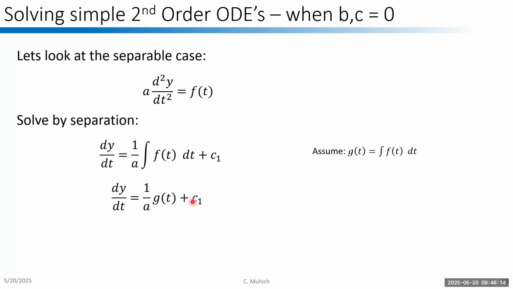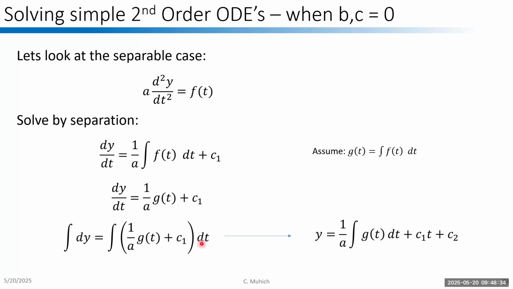Once again, I'm left with an equation where all my y terms are on the left and all of my t terms are on the right. I can move dt over to the right and integrate to give the integral of dy equals the integral of 1 over a g of t plus c1 dt. When I take this, I'm left with y equals 1 over a, the integral of g of t dt plus c1 t,